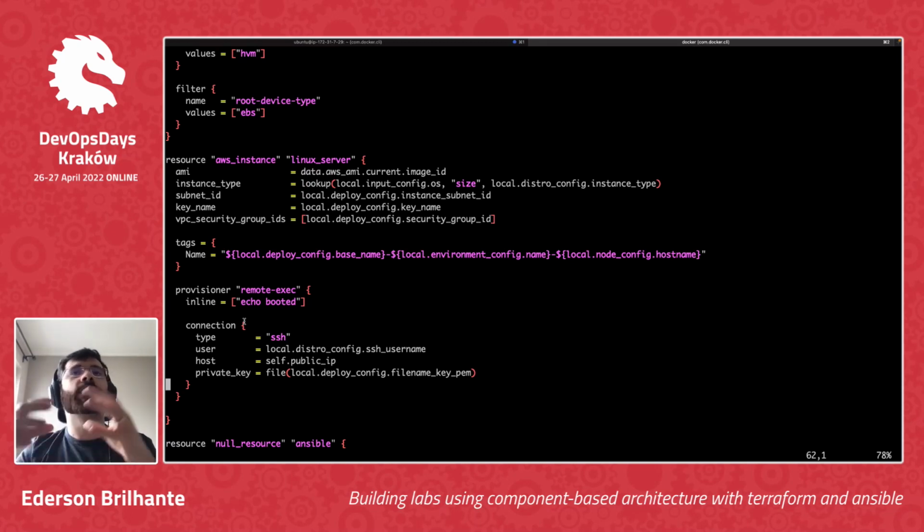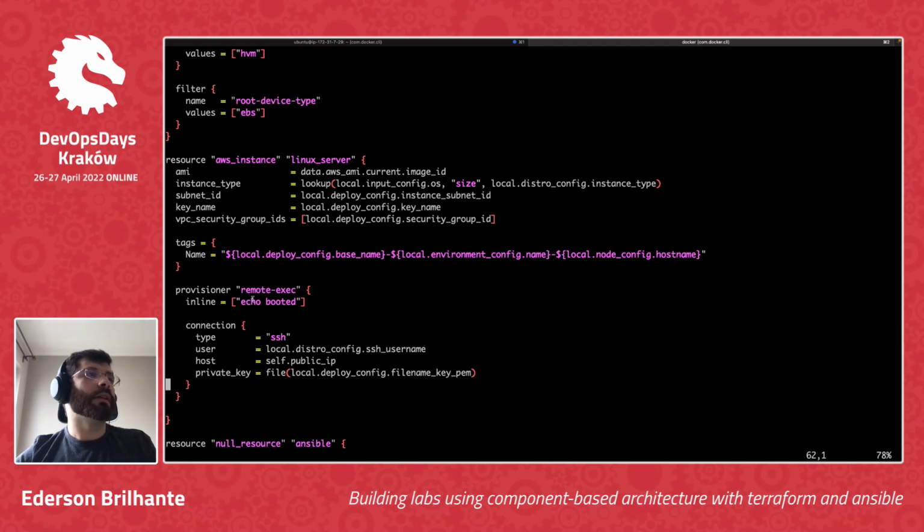So you can use different environments and reuse the same module that is this Linux distro. And based on the configuration, the parameters that you pass, we create the proper EC2 machine. So getting the proper image, the size type, the subnet, the SSH key, and the security groups. And once the machine is running,